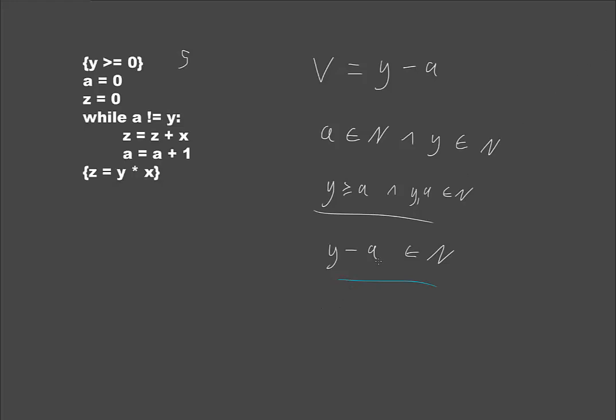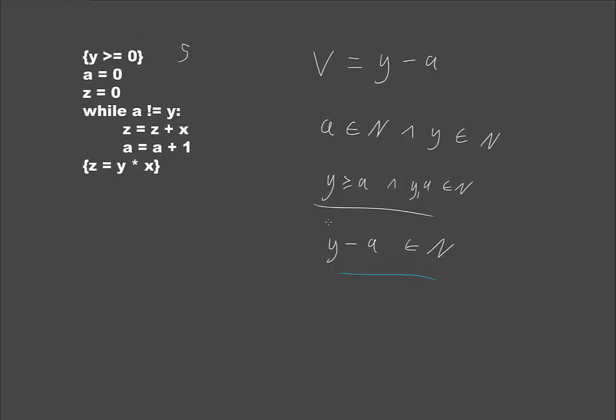And the final condition is just that, what have we done so far? We've shown that when they equal 0 the loop terminates, that they belong to the set of natural numbers, and that it decreases every time. Okay, so we would have run into the same issue here if we hadn't caught it earlier, but if our variant is equal to y minus a,